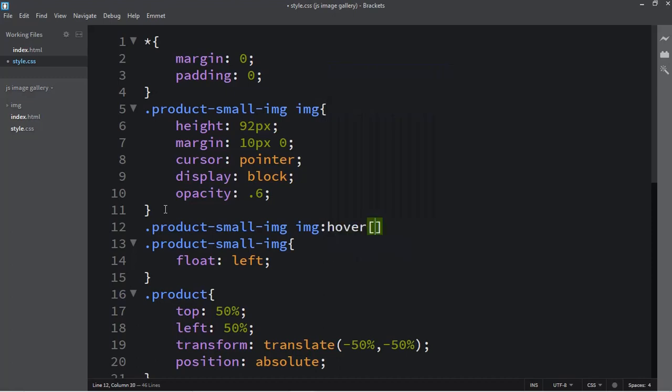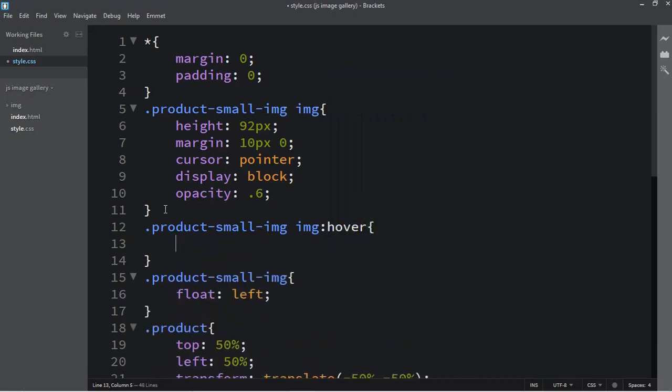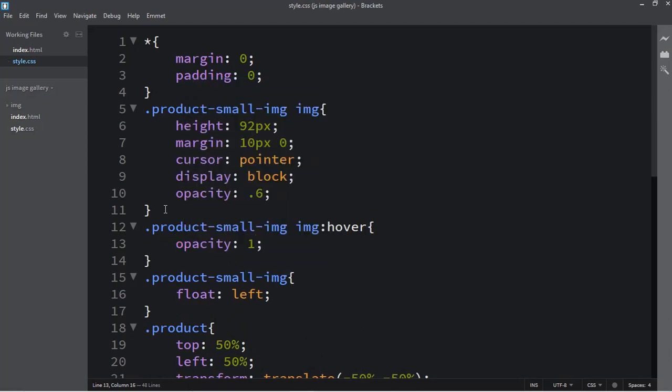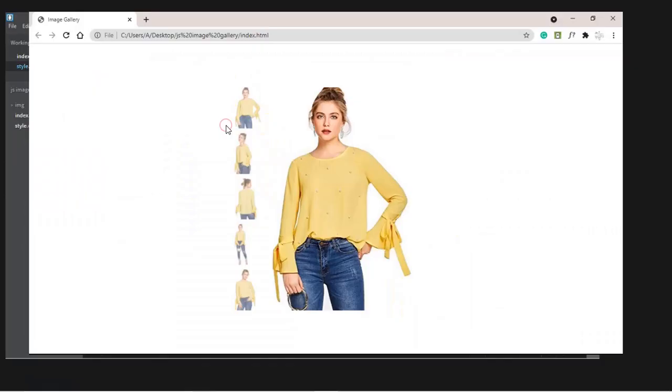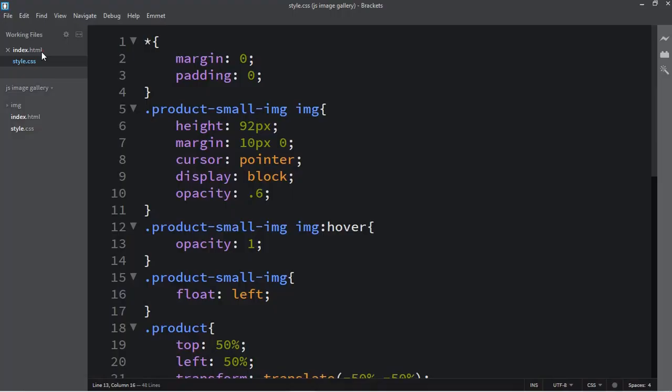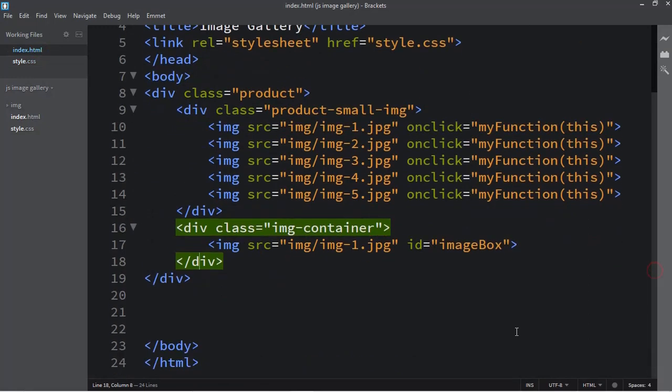Let's add hover. So in this hover, opacity 1. So let's refresh your web page and you can see the hover effect. Whenever I hover over any image, you can see these images clearly. Now let's come back in the HTML file, and after closing this div and before this body tag, let's